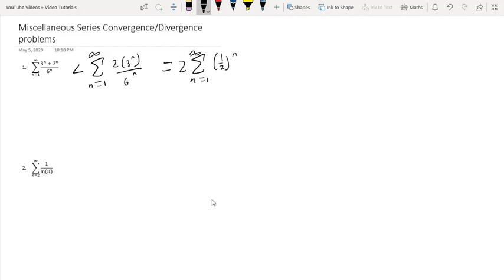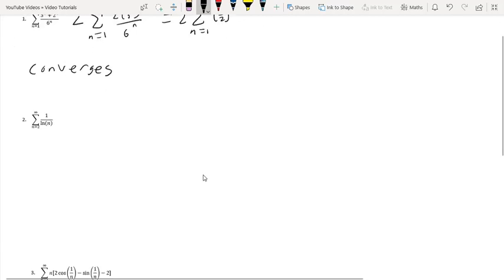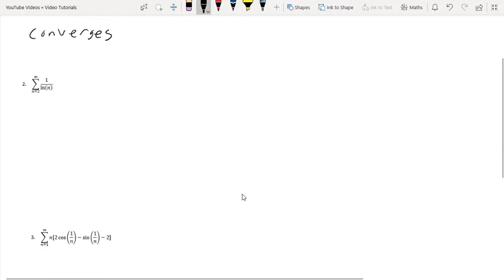And this is a geometric series with the r value less than 1, which converges. So what we can say is that from the comparison test, since this series is less than a series which converges, our original series converges too. So that's that one. Number 2 here says the infinite sum from n equals 2 to infinity of 1 over